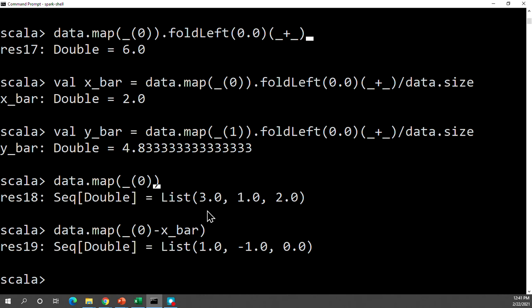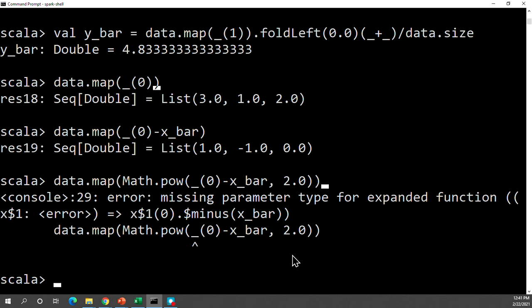So after that I got the x take away x bar for each component, and next I'm just going to square it. Okay, just square it. So I can simply do this and then square it. We can just do the square function, map that pow. Okay, pow, and then 2.0. So that will square this difference, 1.0, 1.00. Okay, so that will give you